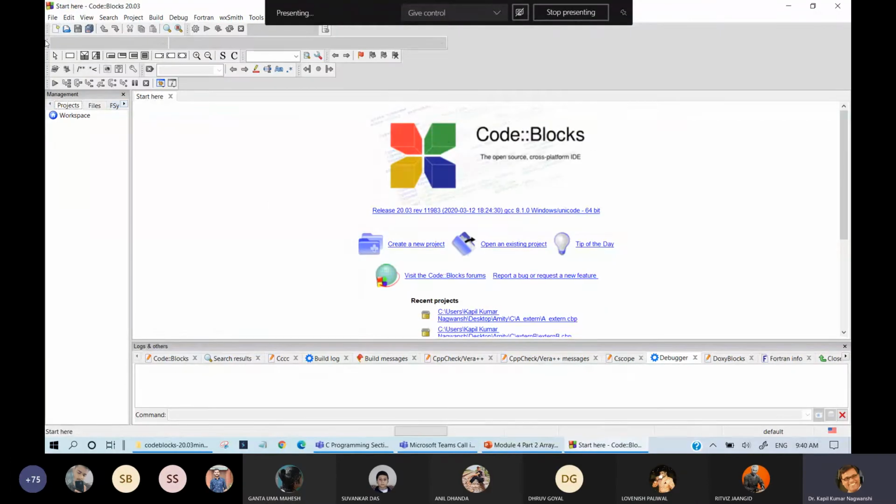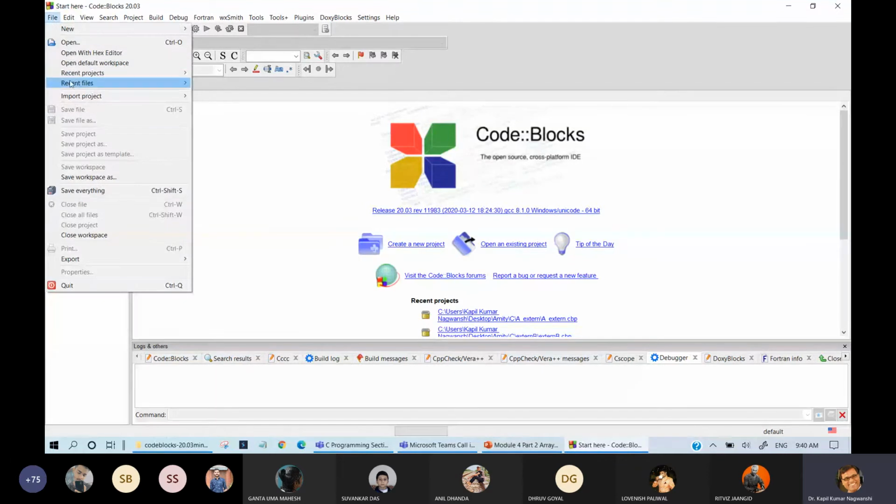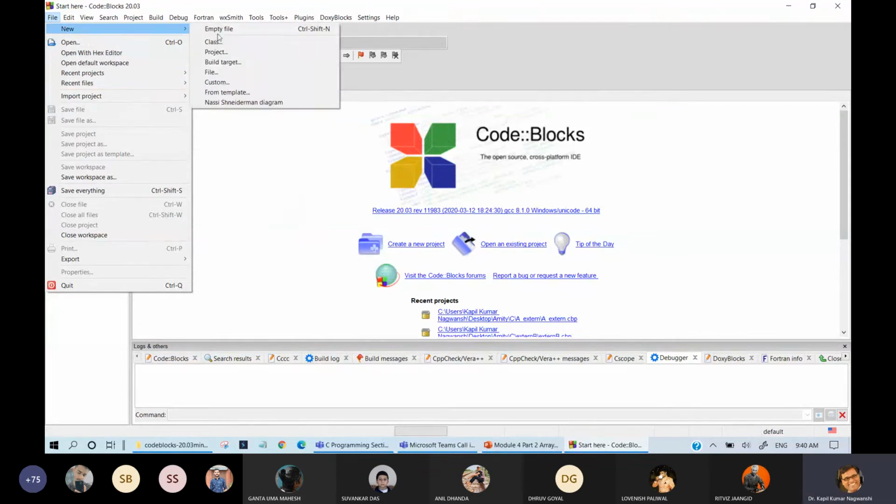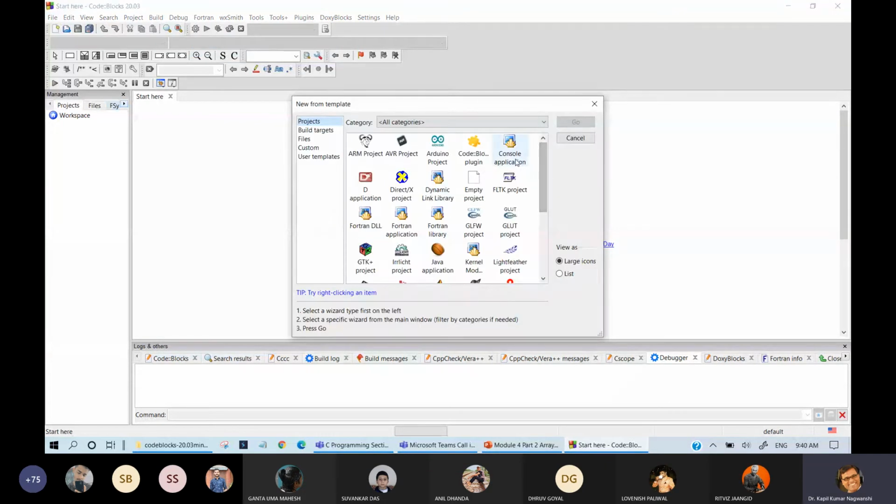So here Code::Blocks is open. How do we start debugging? For debugging, you need to create one project. Okay. So initially we start with new project, and it must be console application.